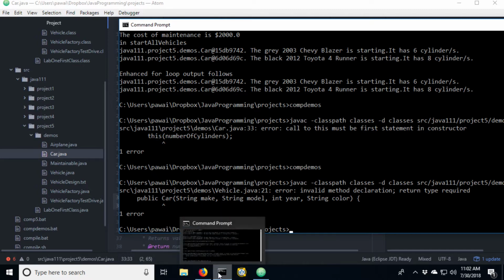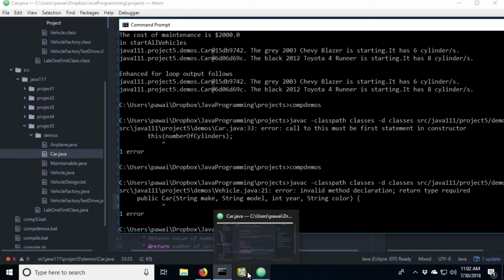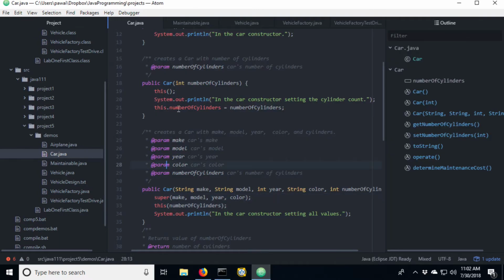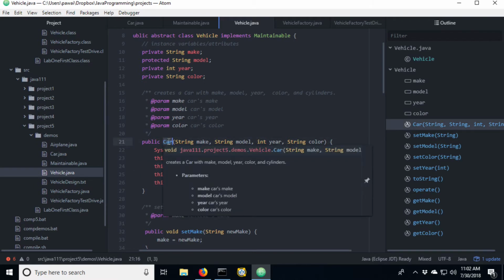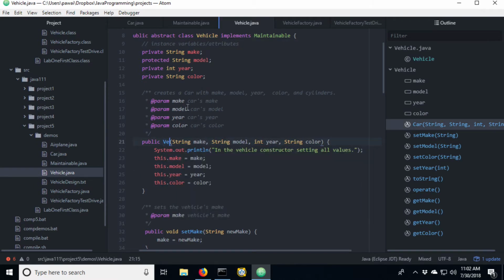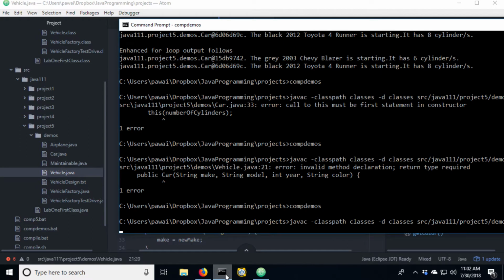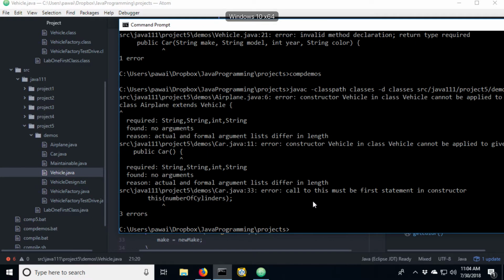Let's see what I've got going on there. Oh, I know. Copy and paste gets me into trouble more often than not, sometimes. So here, rather than car, this should be vehicle, right? For this to be a constructor, it has to match. All right, so we've got more error messages now.